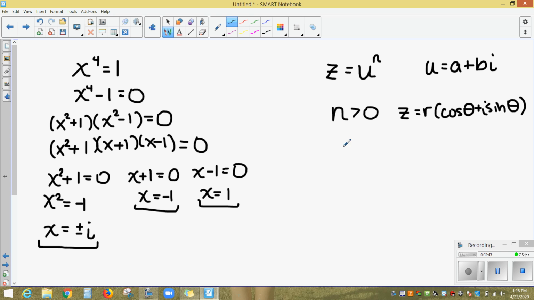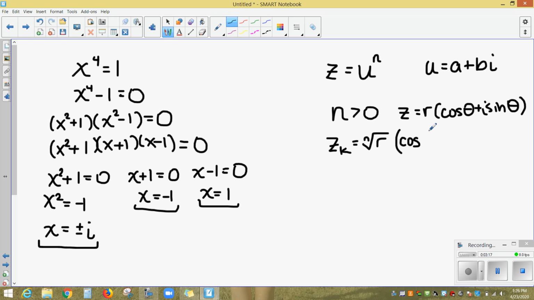Okay. Then z has n distinct roots. So if I want to talk about the square root of z, I can. If I want to talk about the 57th root of z, I can. If I want to talk about the 5th root of z, I can. So I'm going to choose n, and n is the root I'm after. Okay. Then one of my roots is going to be the nth root of r, and we know what that's defined to be. I mean, that's a real number, nth root,